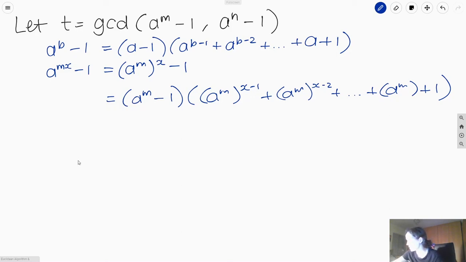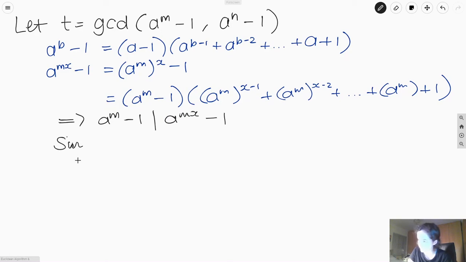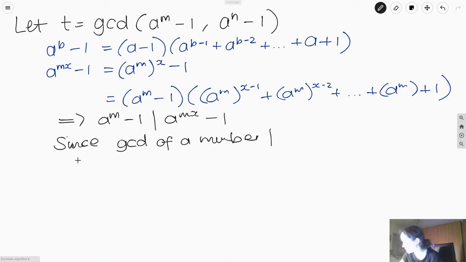So from this we see that, since we know the GCD, let's see from this expression first. This means that a^m minus 1 divides a^(mx) minus 1. Since the GCD of a number divides the number itself,